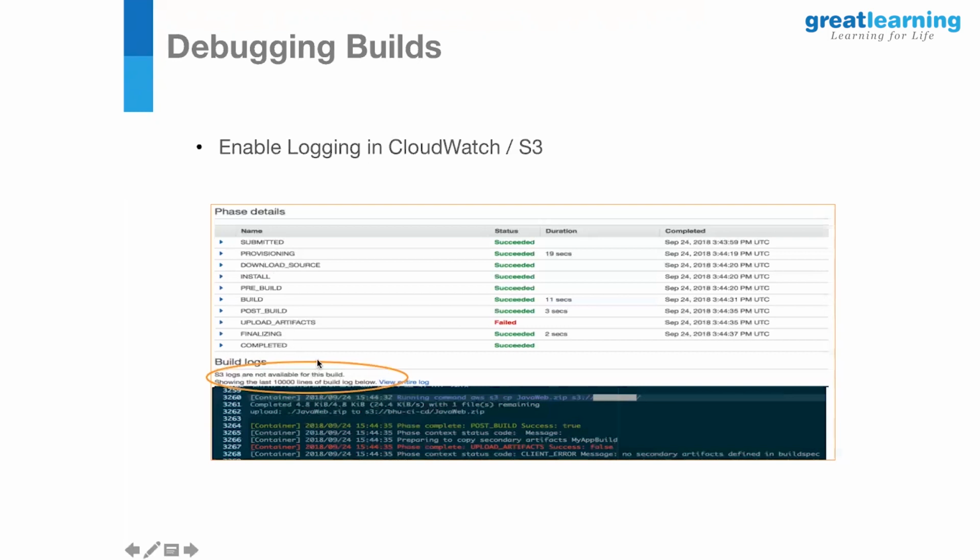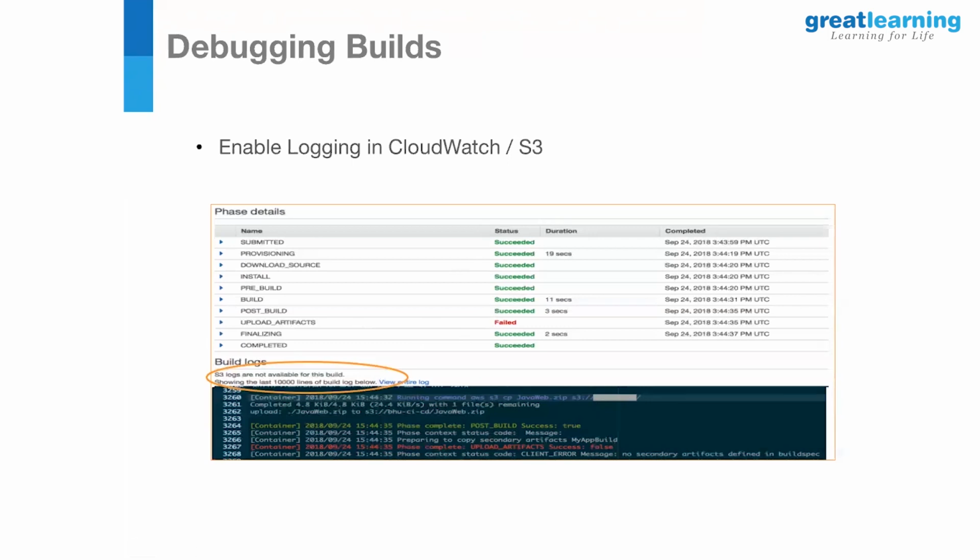So if you see here, I have enabled CloudWatch logs, not S3 logs. For viewing the full log, the link is here. Since I've enabled the log, all these things are captured and I have a failure here where I've mentioned the S3 bucket name as incorrect. Since I've mentioned the incorrect S3 bucket name, it has failed. So I went to the CloudWatch log and I can look into it for the issue. Also in the AWS CodeBuild dashboard, you can go to the events to see the logs here.